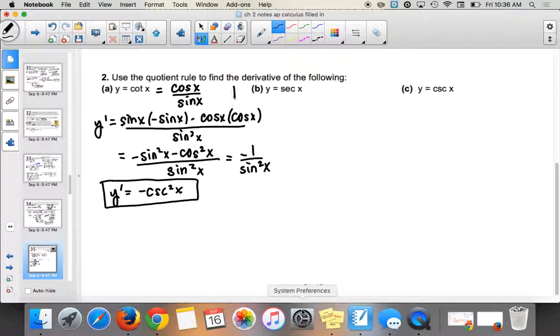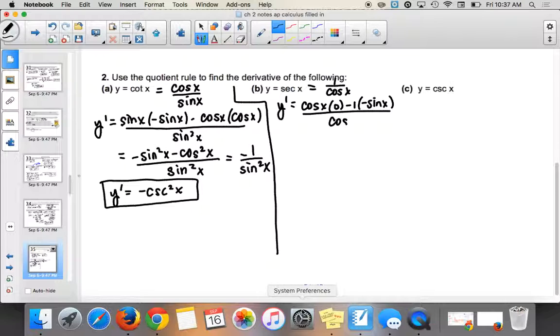All right, the derivative of secant, same idea. So be active note takers, try it along with me. So secant we know is 1 over cosine. This one will be easier because the derivative of the high is 0, so a lot of this is going to go away, right? So we're going to have low d high, which is 0, minus high d low: the derivative of cosine is negative sine, all over the square of what's below. So we get positive sine